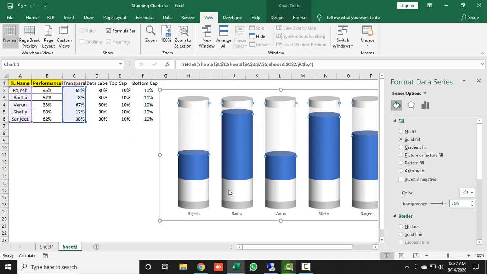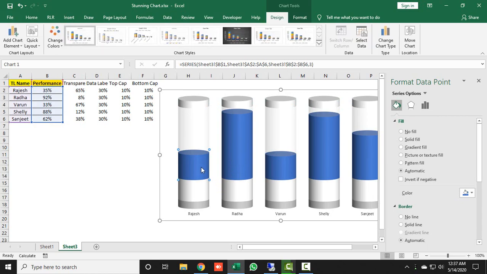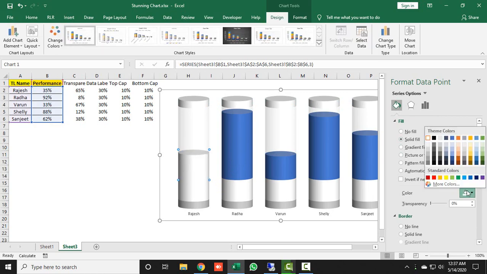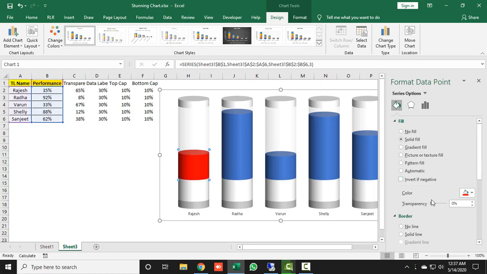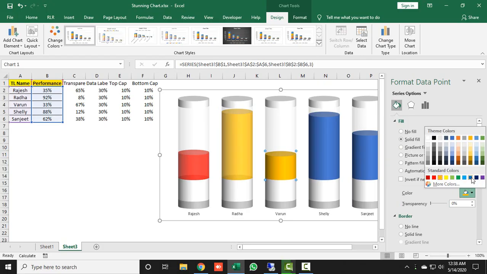All right, then in the last we need to change the fill color of each and every one. So just select or double click on it so that the first one is selected, and click on solid fill, and this time take the solid fill, let's say red, and give the transparency as 25%, so it would also be transparent. All right, then select the second one, do the solid fill as, let's say, bright orange, and do the transparency also 25%.